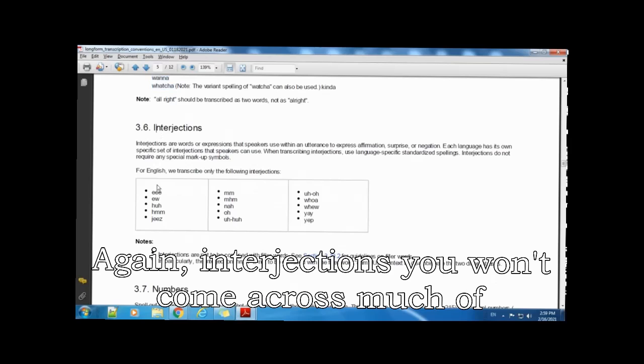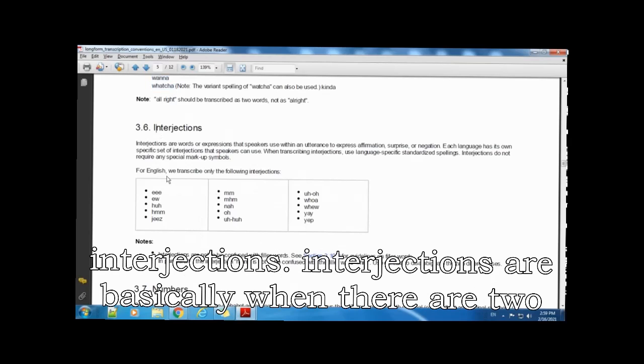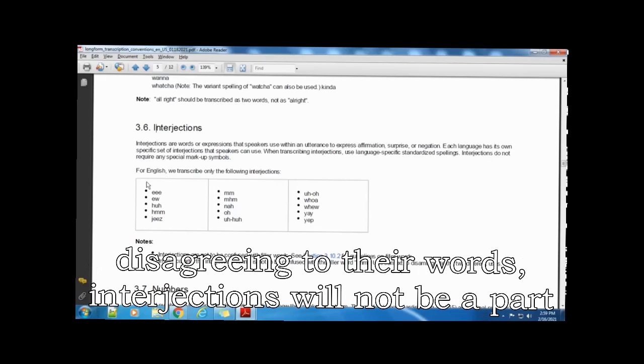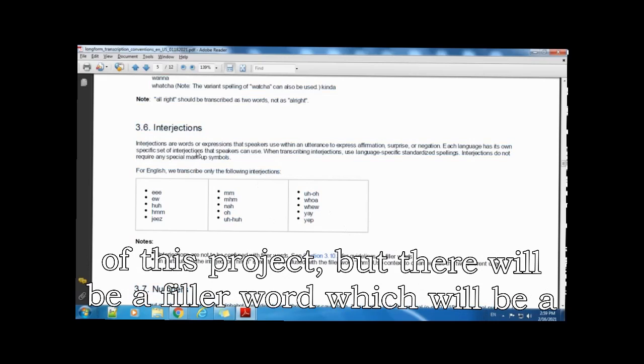Again, interjections, you won't come across much of interjections. Interjections are basically when there are two speakers conversing and the other one is agreeing or disagreeing to their words. So interjections will not be a part of this project.